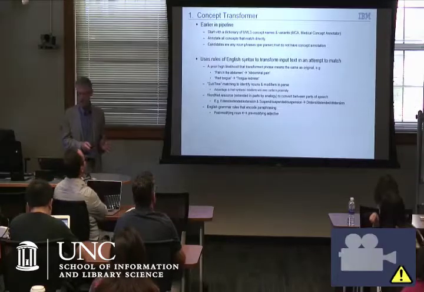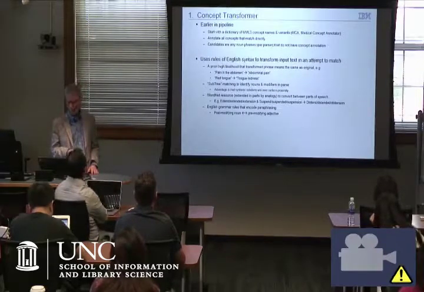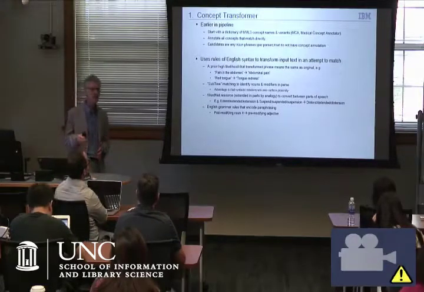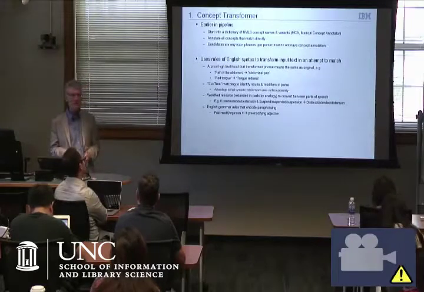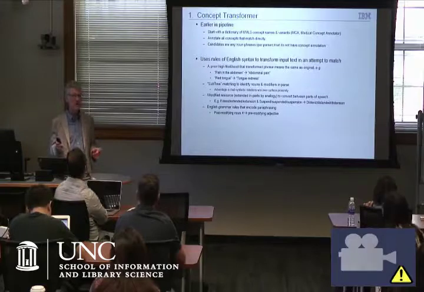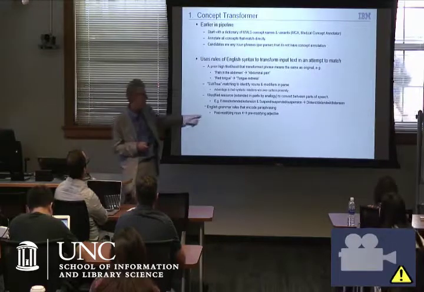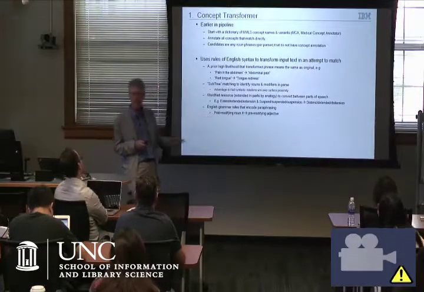So a couple of examples here: pain in the abdomen and abdominal pain. They mean the same thing. Or red tongue, tongue redness. Now there may be stylistic reasons why you use one rather than the other, but to all intents and purposes, they mean the same thing. And you can easily come up with the grammar rules that we use, subconsciously maybe, to do this translation. So at the bottom here we have a post-modifying noun that could become a pre-modifying adjective.